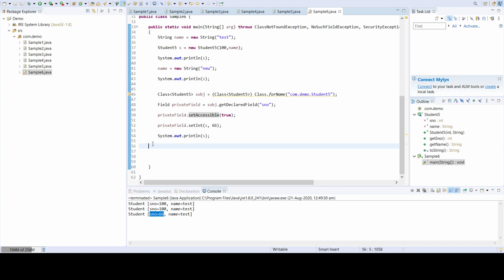Basically, why are we going for immutability? There are two specific reasons. One is thread safety: if you design an immutable class, no other thread will affect your value, so it ensures security. The next one is that if you're designing a key for a hash map, it should be immutable so that your key will be stored safely. The value will not be changed by somebody else, and you will not lose the key.